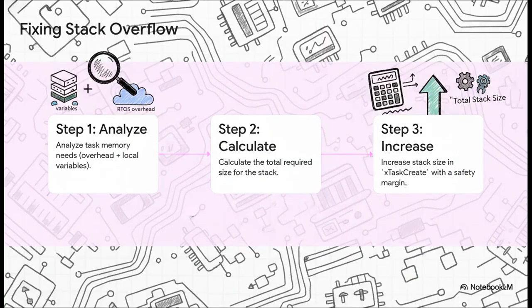So, fixing it is actually a pretty logical three-step process. First, you've got to analyze what your task is doing. How big are its local variables? What functions is it calling? Add that to the RTOS overhead. Second, do the math. In this case, say it's 768 bytes of overhead plus a 400-byte array. So we need around 1,200 bytes minimum. Step 3, go back to your xTaskCreate call, increase the stack size, and always add a little extra as